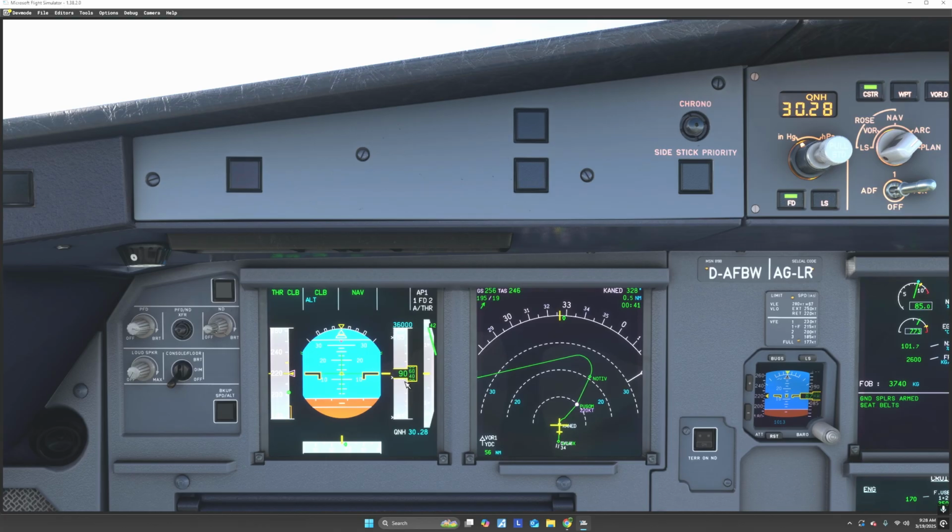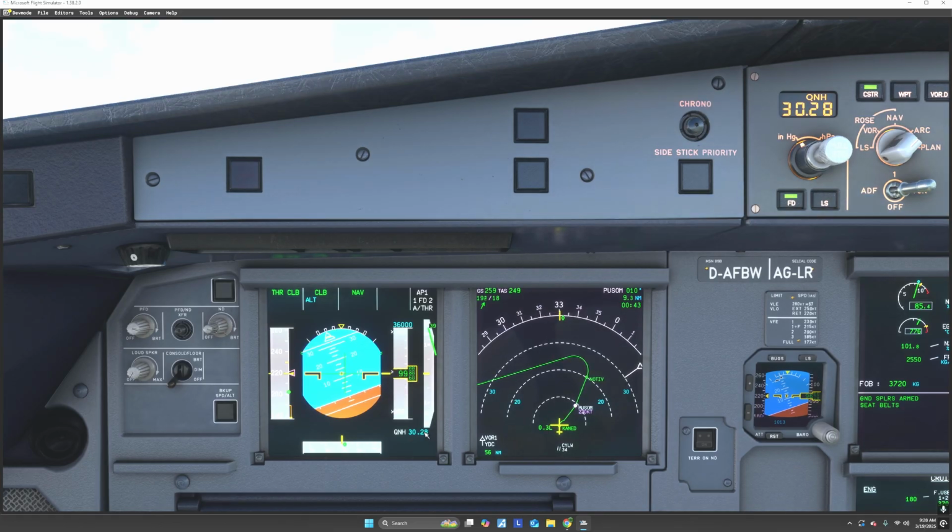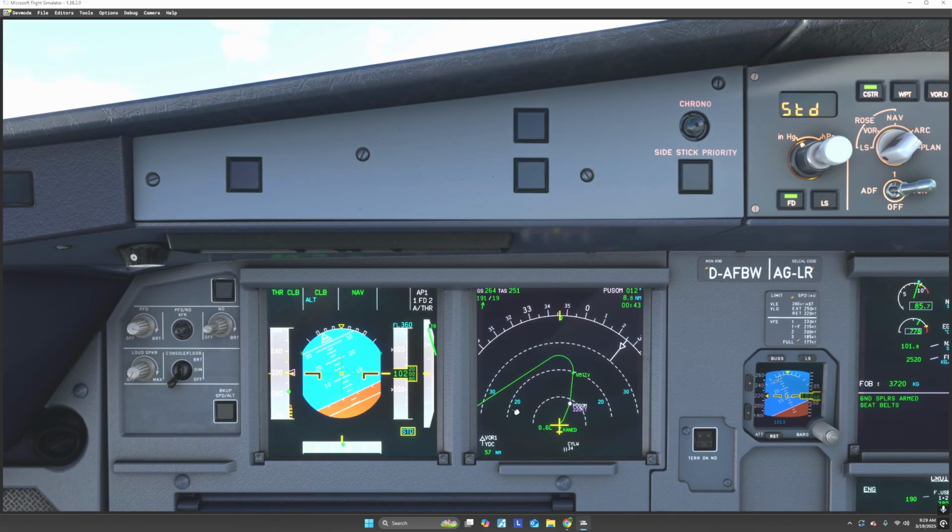Coming up on 10,000 feet shortly, and we'll change the Q&H above 10,000 to just standard. And all aircraft are above 10,000 on standard. Okay, switches to standard, and you can see now we're at 10,000, and now it will climb to